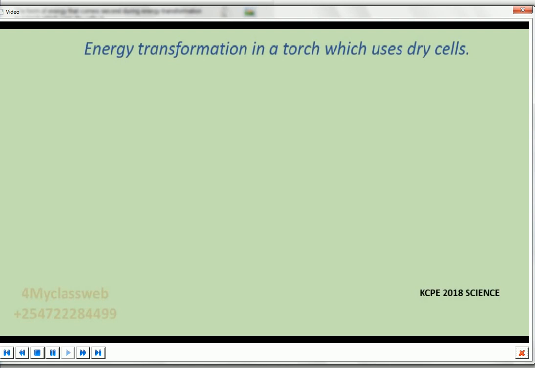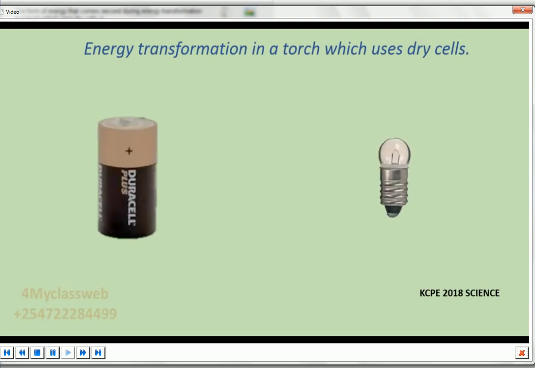This was question number 1 in the science paper for the KCPE year 2018, whereby the candidate was supposed to state the form of energy that comes second during energy transformation in a torch which uses dry cells. This can be demonstrated using a simple circuit, and a simple circuit will have a dry cell and a bulb,